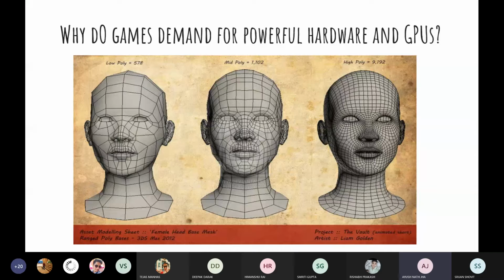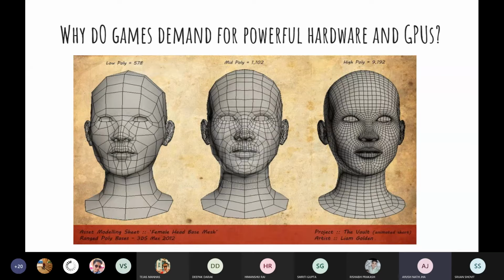That's right. So are you seeing these three heads? Yes, sir. These three, see, the graphics in computers, what are they? They are basically made up of polygons. And what is the most primitive polygon, the simplest polygon? Triangle. Triangle, right. Triangle is the most primitive polygon.